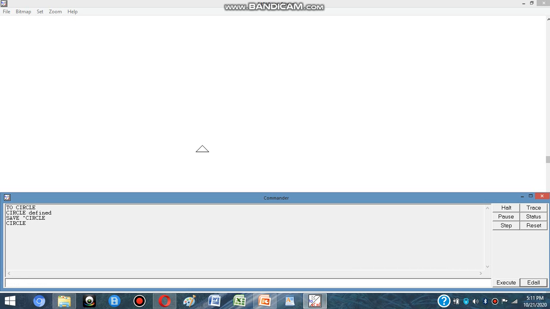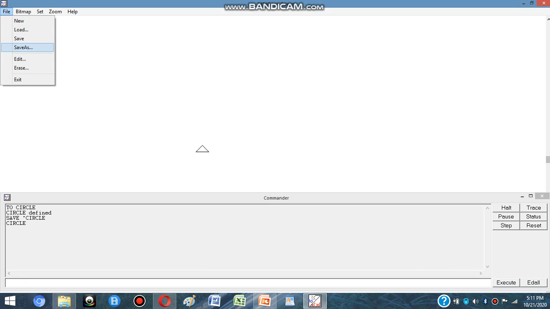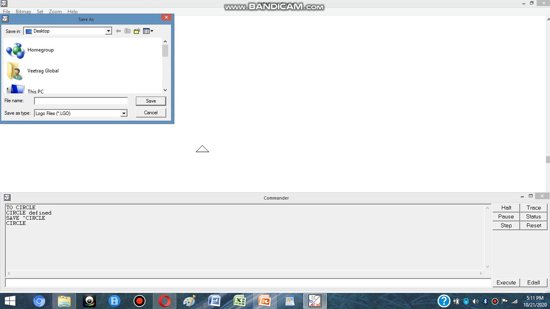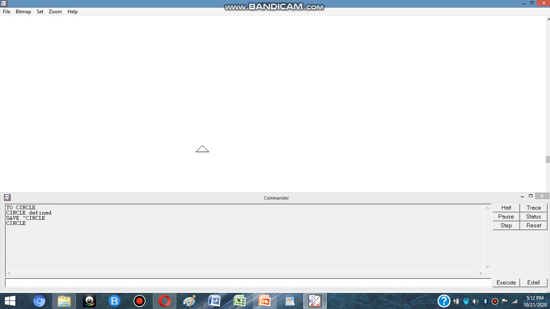Also I can click on the File tab, Save As button, and I can give my file a name. For example, I am giving the name CIR and save. So my file is being saved. So there are two ways to save a procedure.